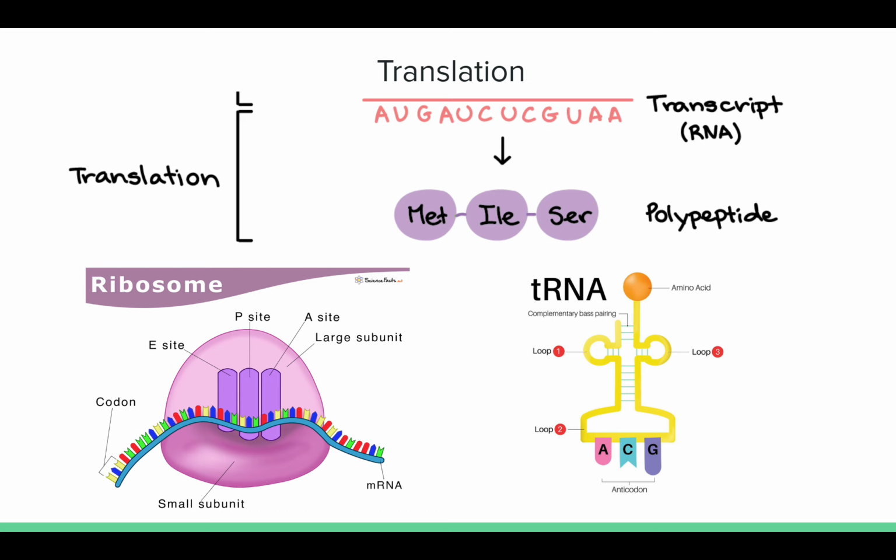The P site holds the tRNA that is currently carrying the polypeptide chain while it's still growing, and it adds an amino acid whenever the tRNA that was in the A site moves over to the P site. The E site, or exit site, as some people call it, is where the tRNA exits the ribosome after it does its job in protein synthesis, and